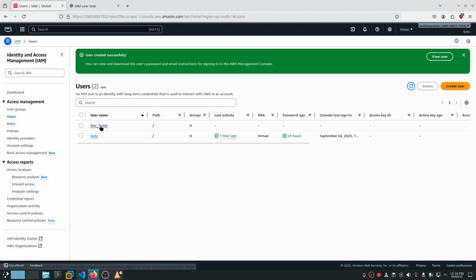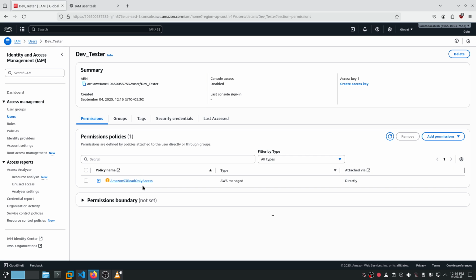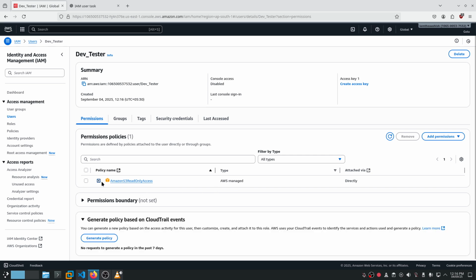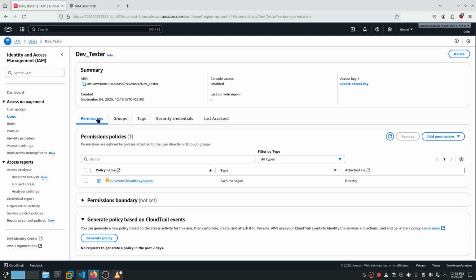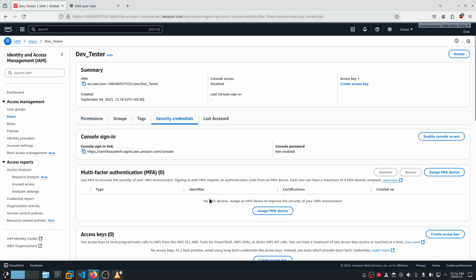So we have added dev tester. They only have one permission policy, which is S3 read only. They cannot change their password also, because if they could change their password, something called a password change policy would also be over here. So they can't change.